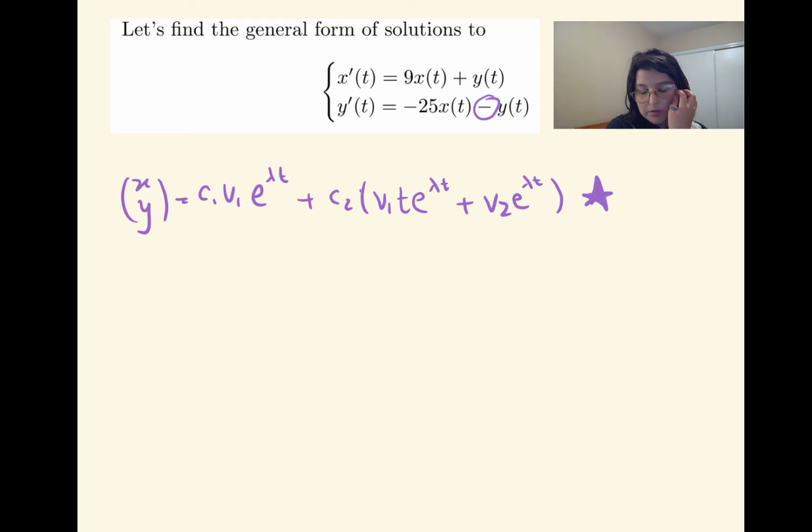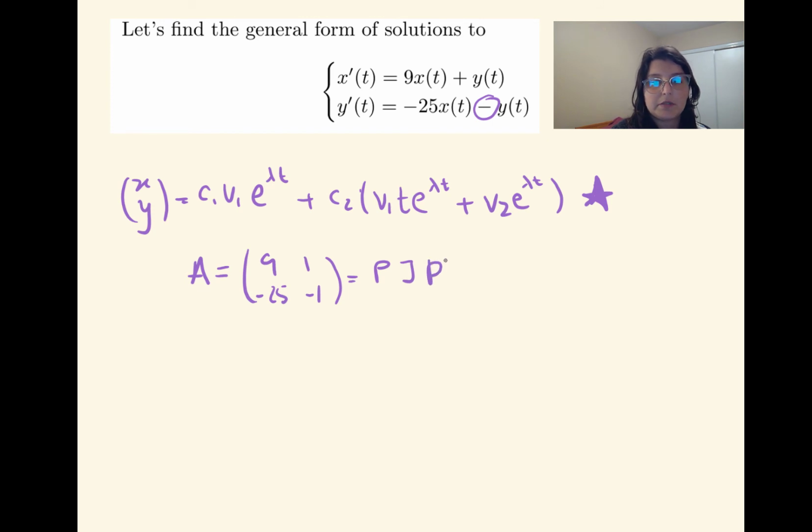So how does that happen? What happens is that the matrix A, that's the matrix of coefficients, can be rewritten as a product of matrices. We have a matrix, I think I want to write here, P times a matrix J times the inverse of P,